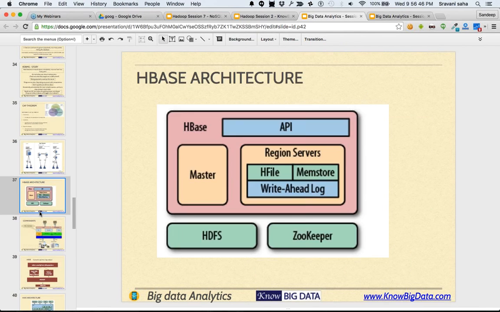So is HBase clear to you? All right. So Mehndi Sahab and Anusha, were you able to use the Hue?